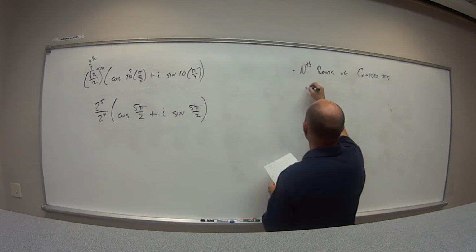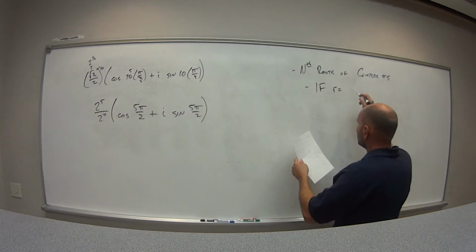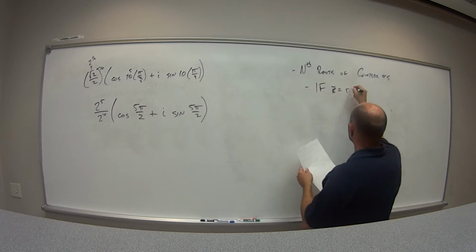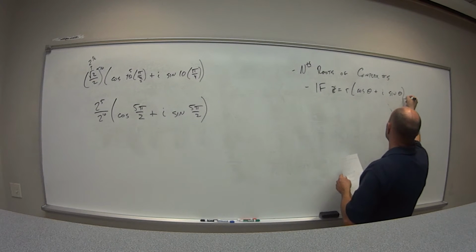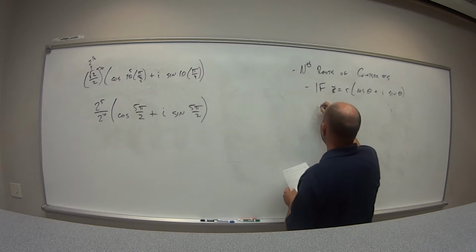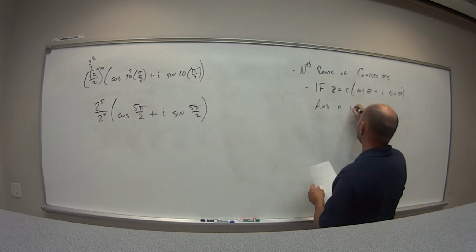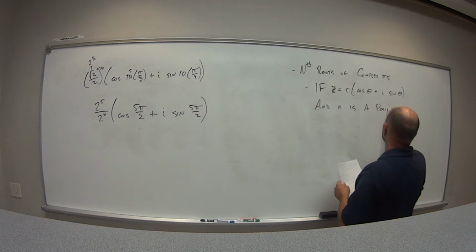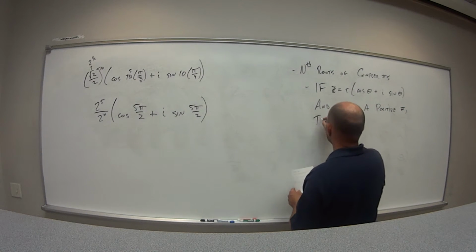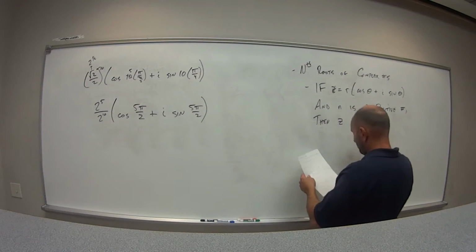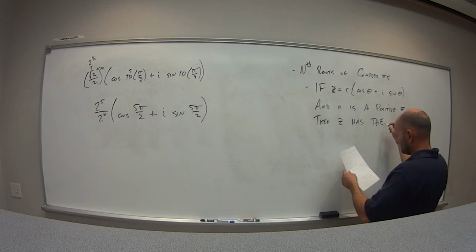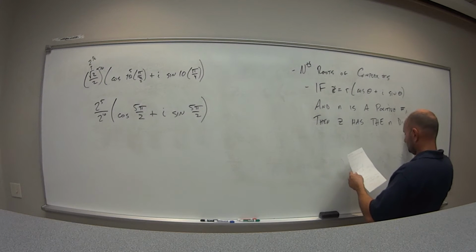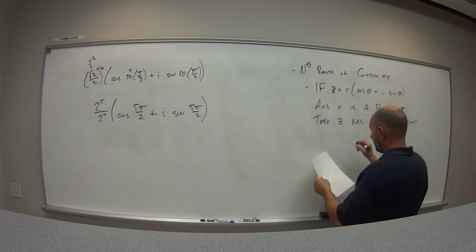By definition, if z is equal to r cosine of theta plus i sine of theta, and n is a positive number, then z has n distinct nth roots